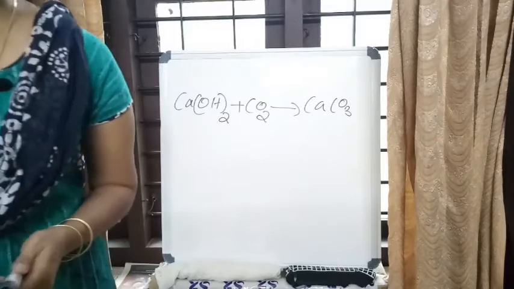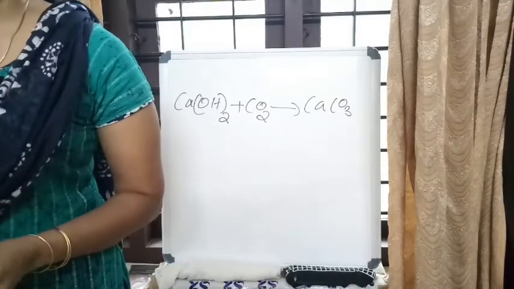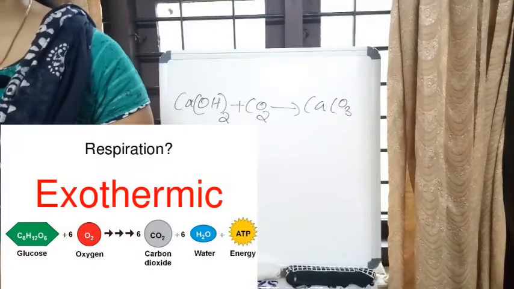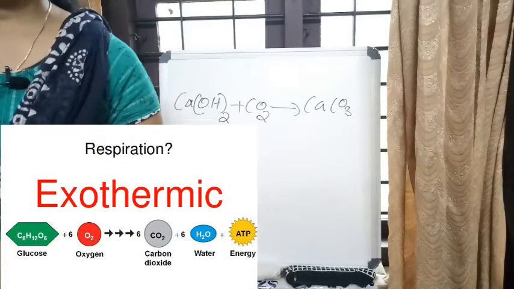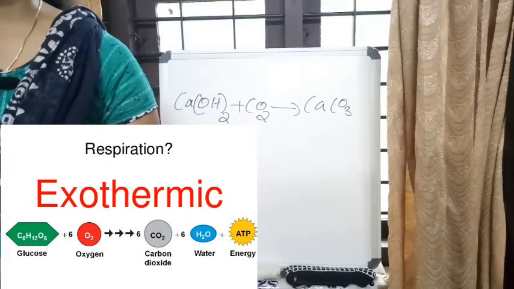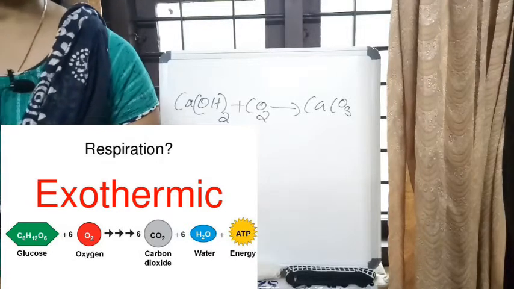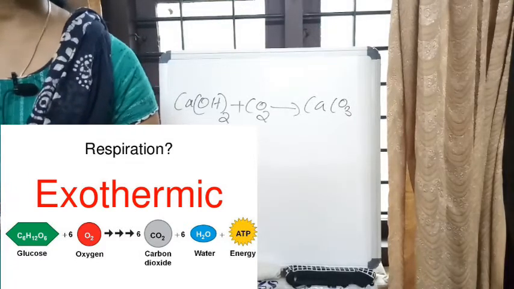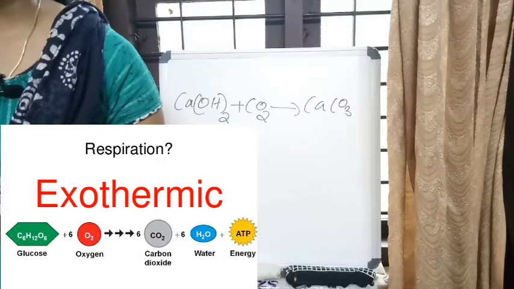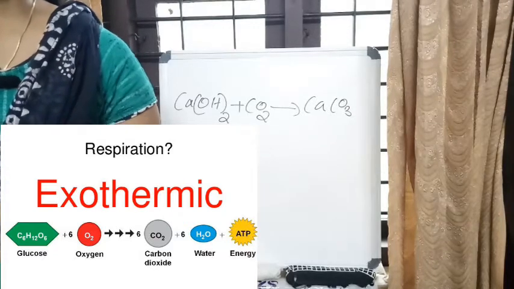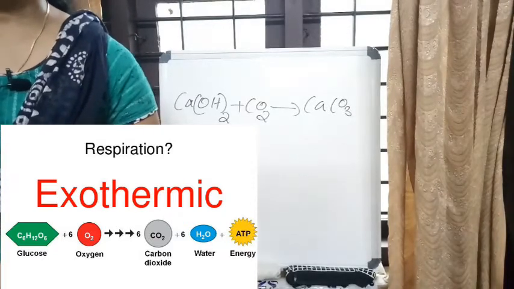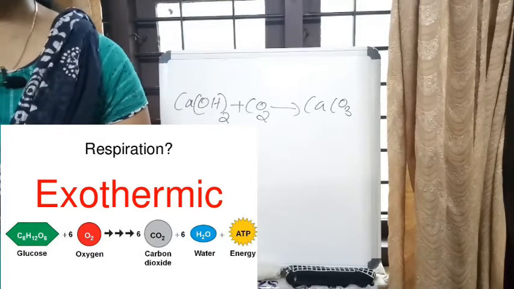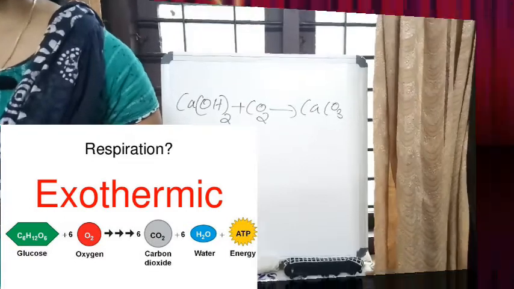As I told you, combination reactions are exothermic reactions. Just like in our life process, respiration is also an example of an exothermic reaction. During digestion, the food is broken down to form simpler substances. For example, rice, potatoes, bread, etc. contain carbohydrates. These carbohydrates are broken down to form glucose. And this glucose reacts with the oxygen in the cells of our body to give energy. So, this reaction also releases or liberates heat energy. So, it is an example of an exothermic reaction.